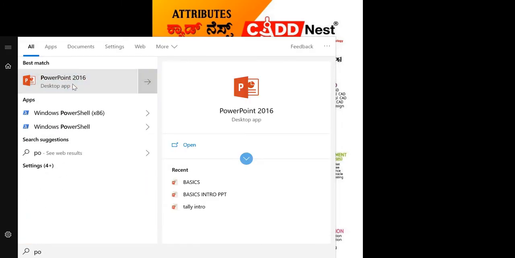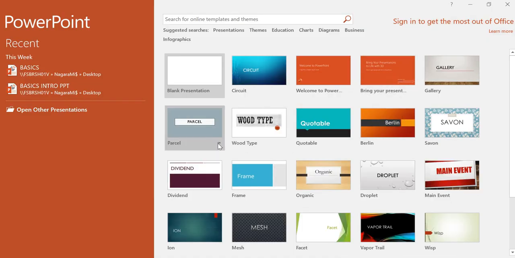The icon looks like this, just click on it. You will have different templates built in, so whichever you require, you can pick it up. If not, you can also go with the blank theme and insert a design into it. It's left to your choice completely, and it depends on the nature of the information you're going to insert. If it is a formal presentation, you have to look into precise designs. If it is informal, or you want colorful templates, you can choose colorful templates. It's left to you. I'll go with the simple one.